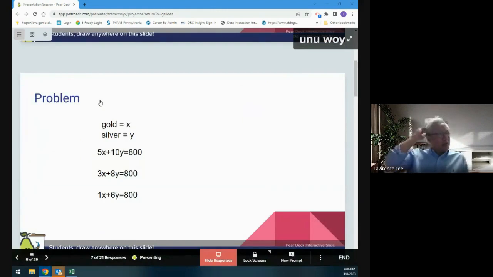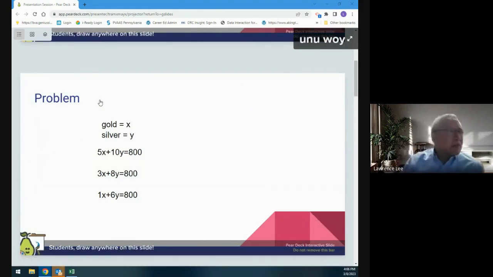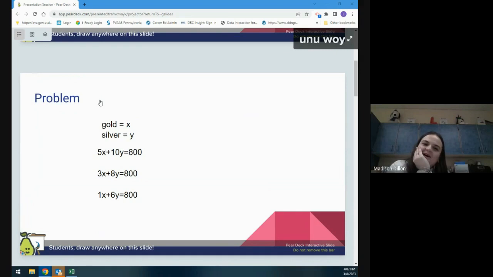So who put this response up with the X's and the Y's and all that stuff? All right, Madison. So why did you think to do that, Madison? I just remember learning when having 2 variables that we can solve for one of them to find the other. It's just that when I started to do the work, I was like, oh my, this is a lot. So that was just my start. I'm not sure if that's correct, but that's kind of where I was headed, that I'd find Y, and then